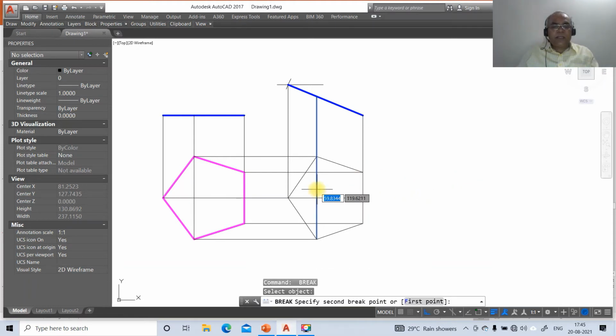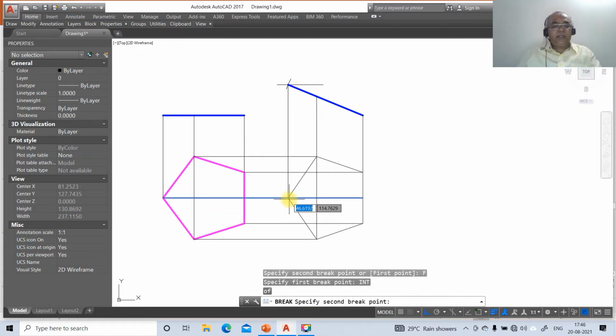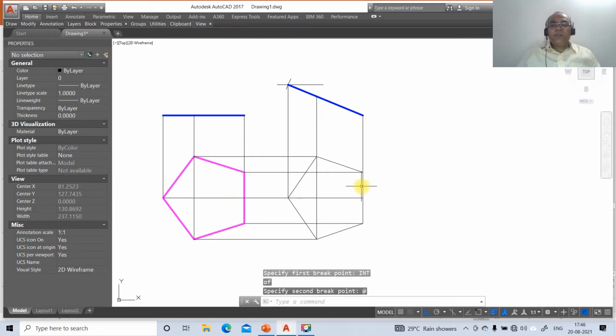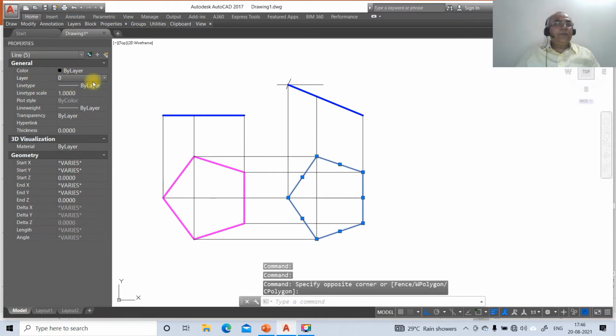Then go to break, select this, first point, take int of this and say at the rate. Then break first point, take int of this and say at the rate. Now you select all these 5 lines and change that layer to front view, sorry, top view.